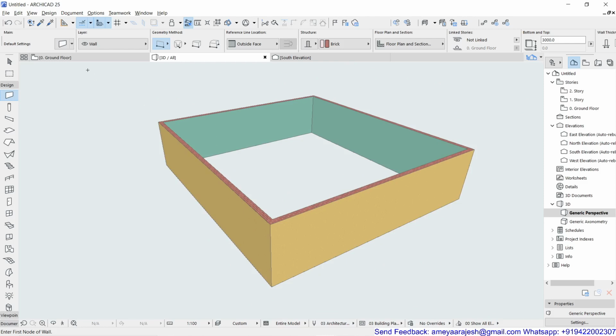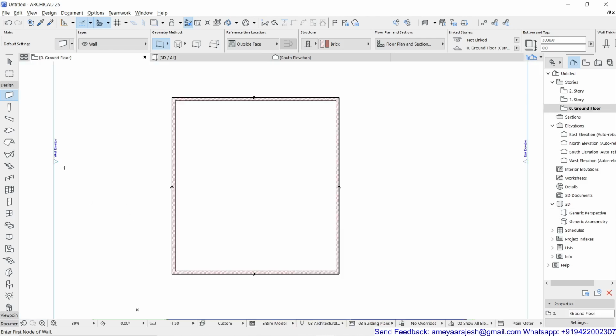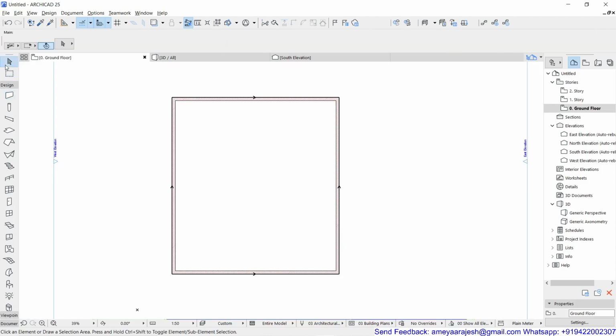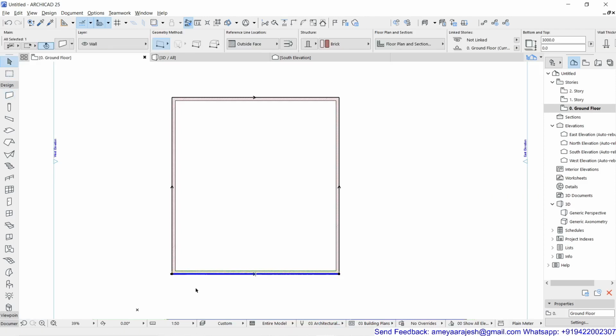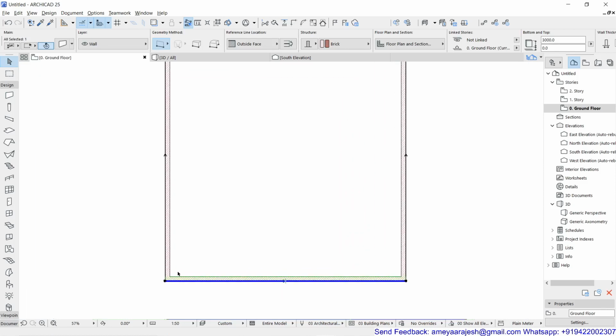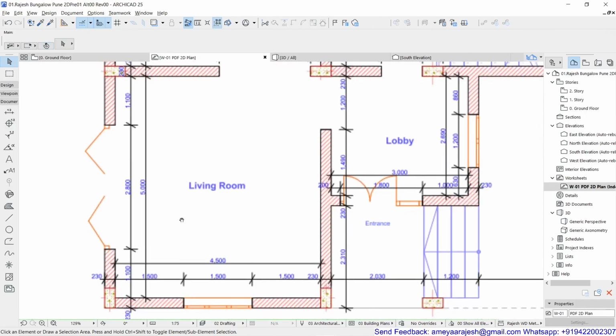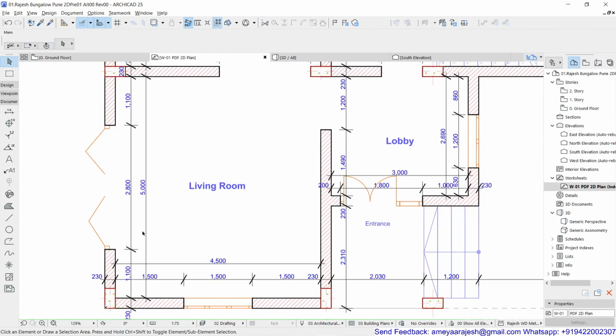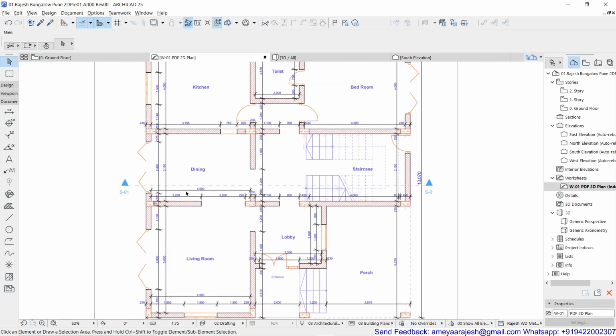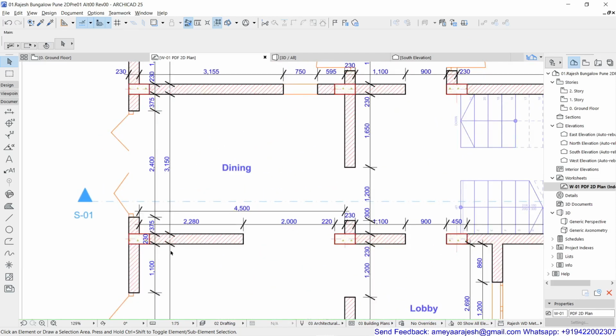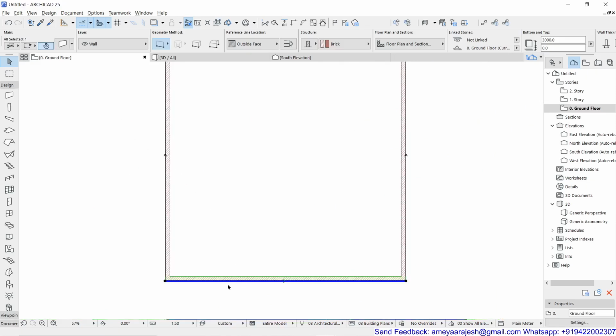Now back to floor plan by pressing F2, and now the next task. For example, back to the arrow tool, and I'm going to select this wall, and this wall I want to copy by a distance of say 5 meter, because if you just remember, our living room was having a clear inner distance of 5 meter and 4005 on its x-axis and y-axis, you can see, and the next distance is 3150. So first of all I'll target this 5 meter and 3150. So I have already selected this.